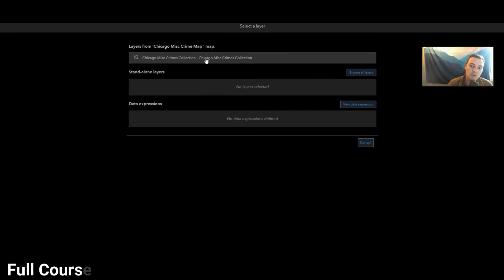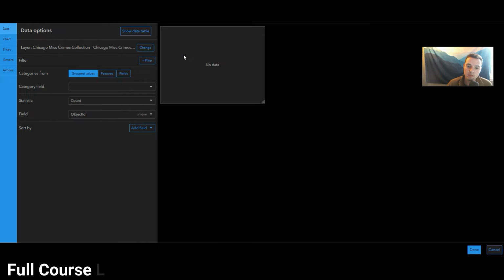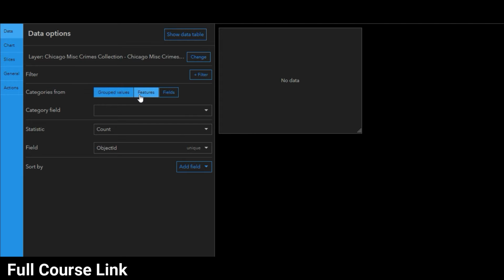So we're going to want to select our layer because that's what we're going to build the widget off of. And when I get that, I'll see that I have nothing in it initially. But all we have to do is simply select the way we want to show what we're going to show. And we have a couple different options for prompting that data and getting it to feed the widget. So initially I've selected, for one, I have no filters. For two, I have a,